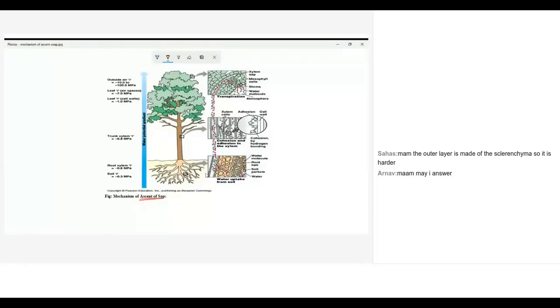Now, did you ever get a question? We are having the gravity at the ground level, isn't it? It always pulls down. The force which pulls down is the gravitational force. So against that gravitational force, how can a plant or a tree transport water from underground to the tip of the plant? Have you ever got this doubt?